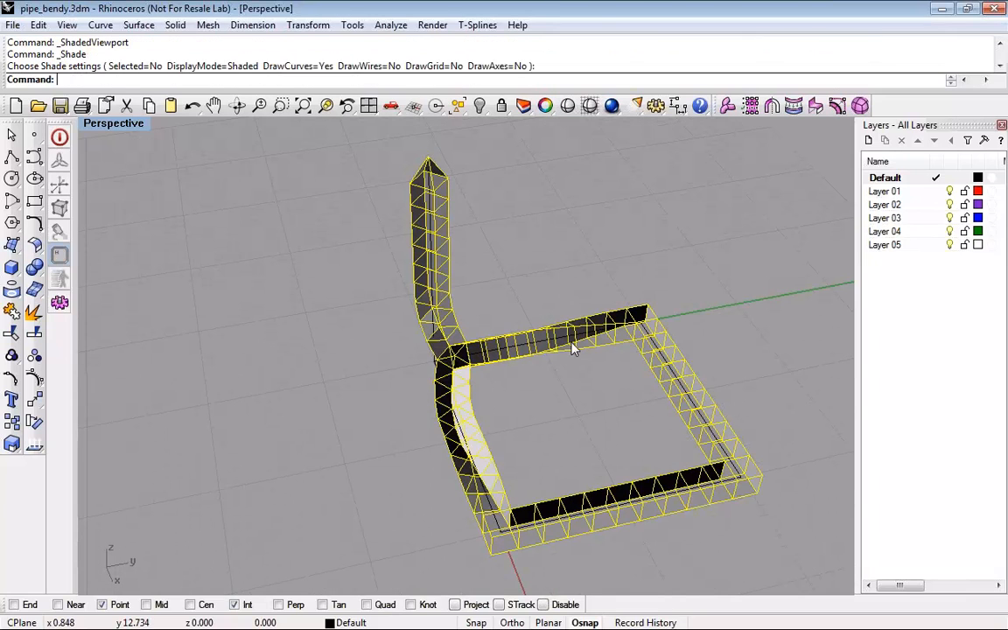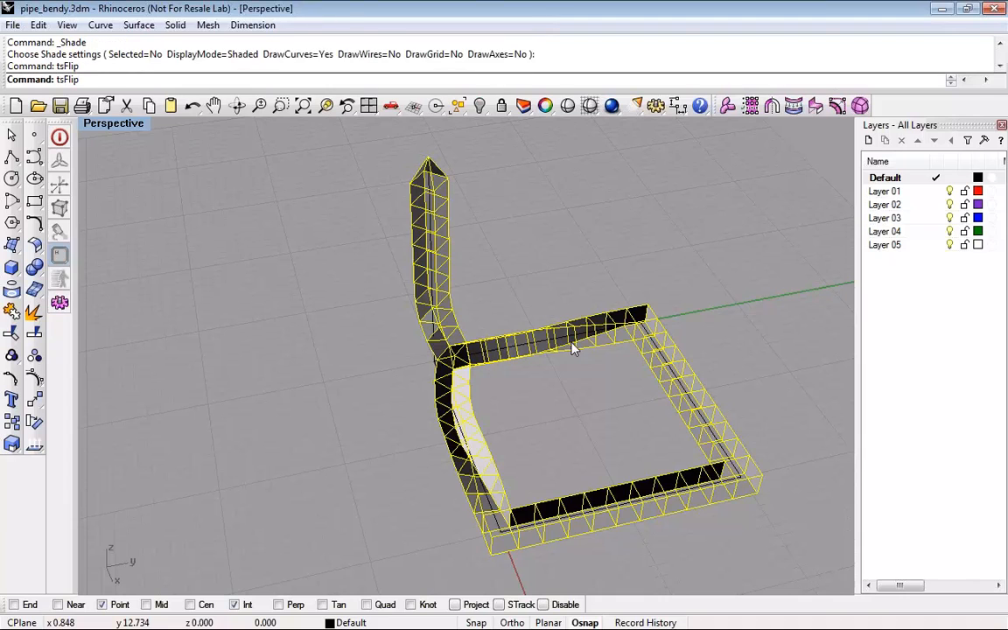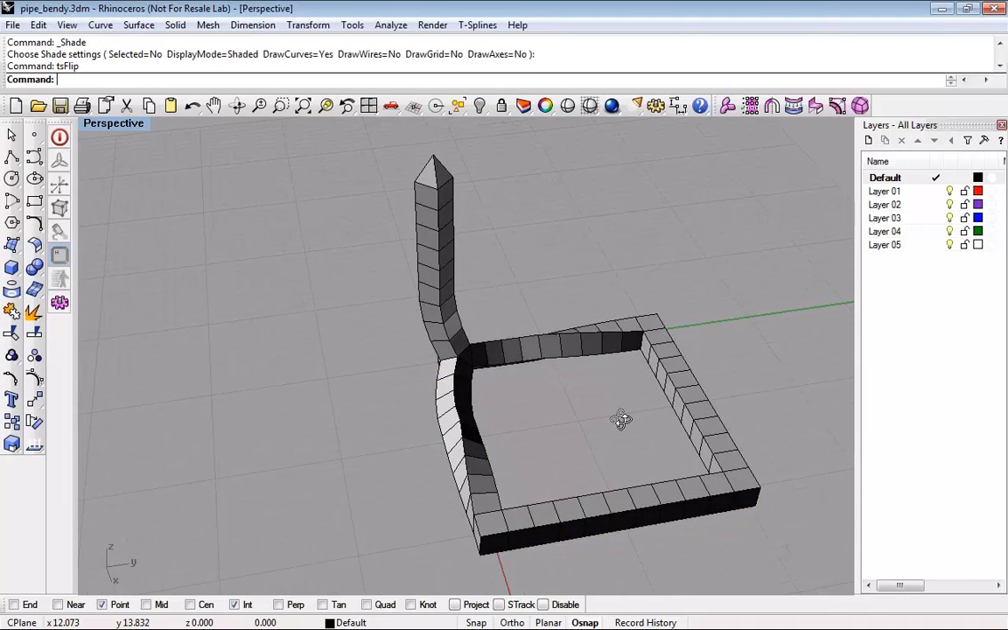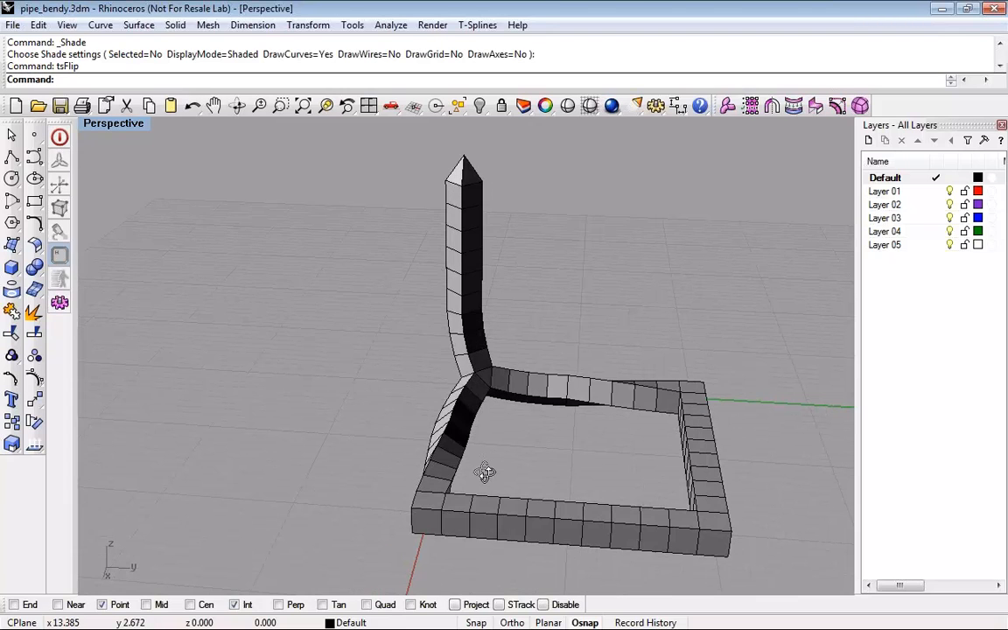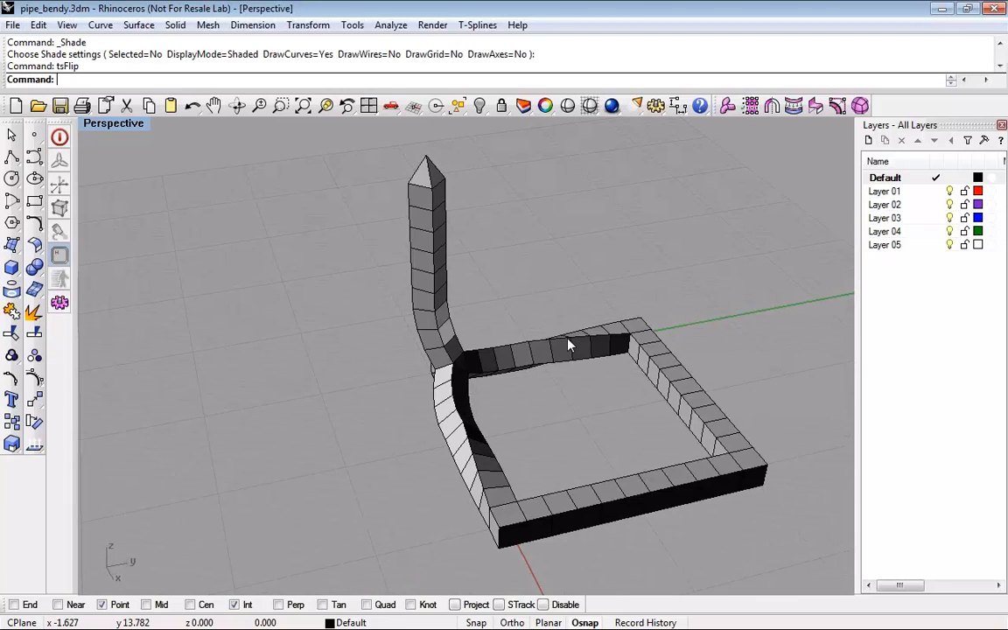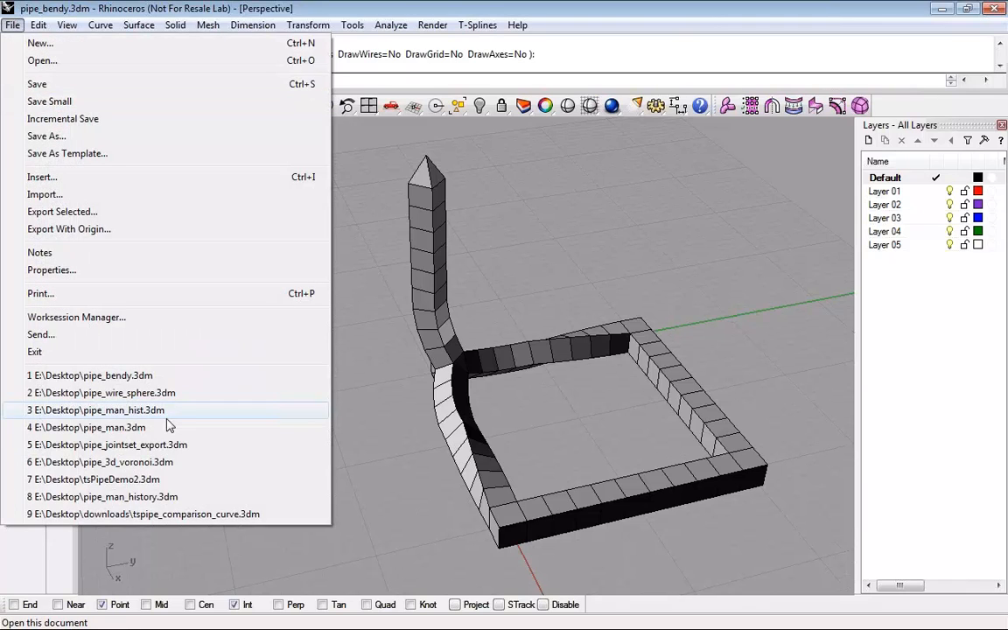Let me flip that guy. I got my output object, and it's got spikes on the end, and then it has the L joints and the bendy joint all together in the same model. Okay, and then the last thing that I wanted to talk about very briefly is